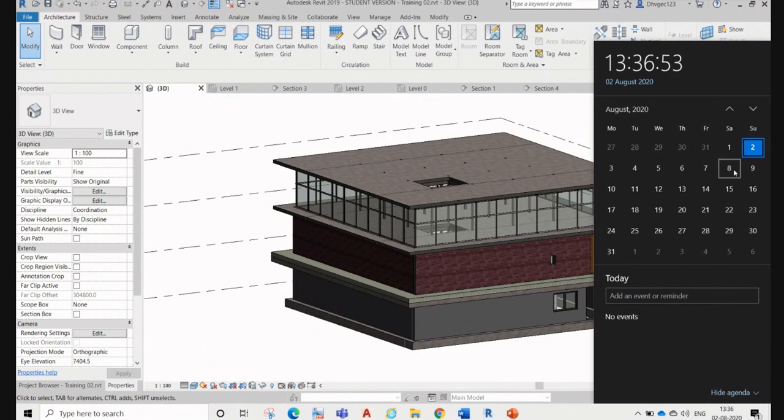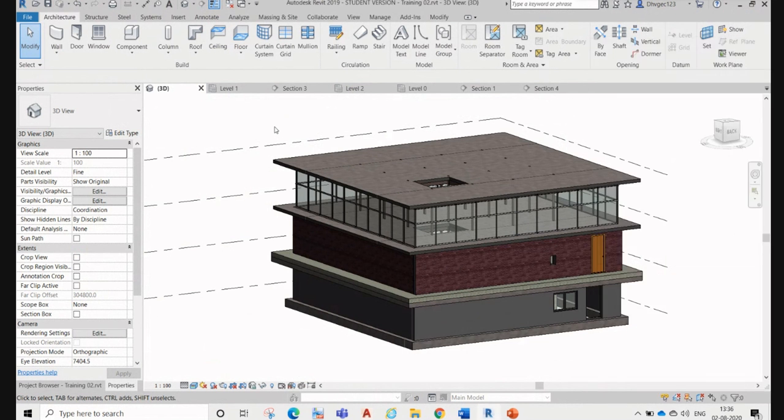Okay everyone, I'll ask you to just practice it. For example, I will give you some drawings in PDF form, and you should start modeling them so that you do something. If you do something, you will learn something.